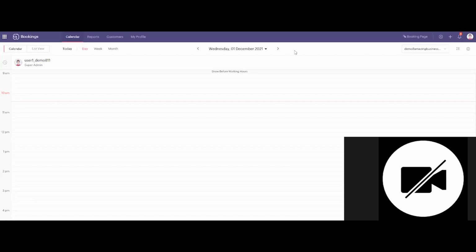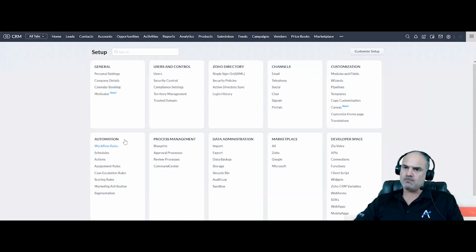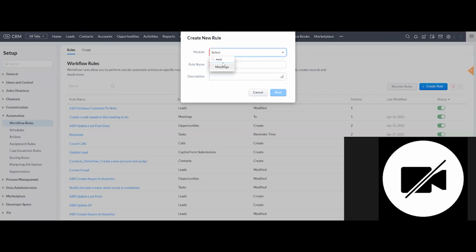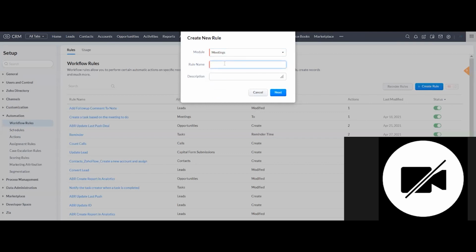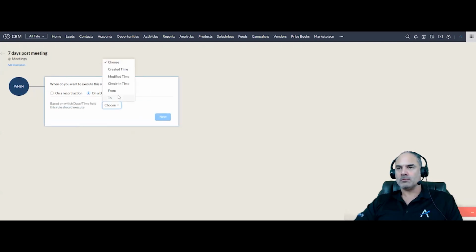I'm doing a meetings workflow, using the meetings module. And the first thing I'm wondering is it's asking me when do I want to do it? So I've chosen a date time.